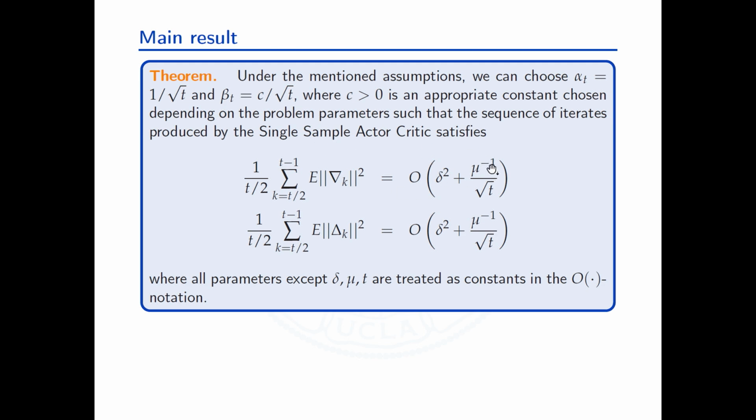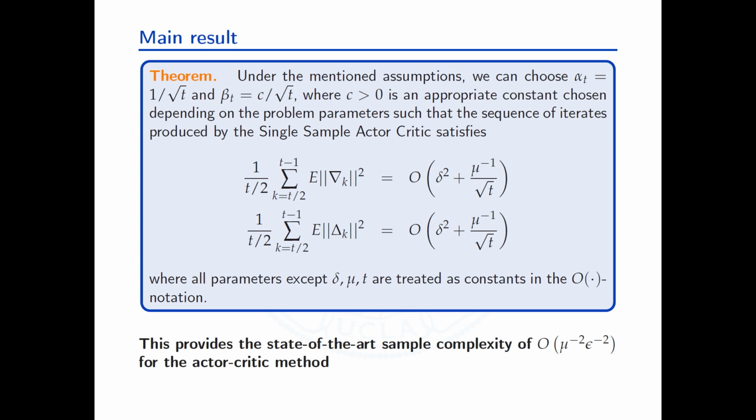You can get basically a convergence rate of 1 over square root of t, a sample complexity of epsilon^-2. And as you can see, mu shows up here with mu^-1, as you saw already in my equations. And delta, we expect delta to show up anyways, right? So this is what we expected to see. The same rate that we would get for SGD, we get it basically for